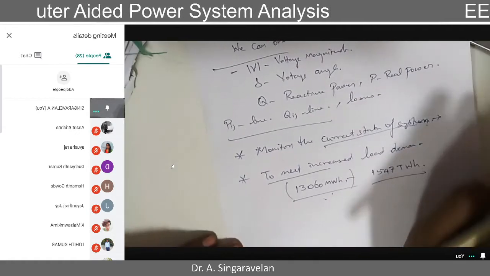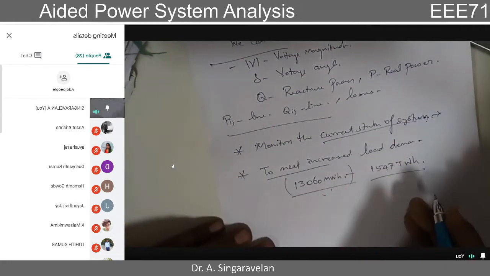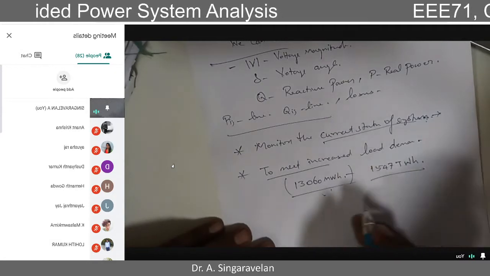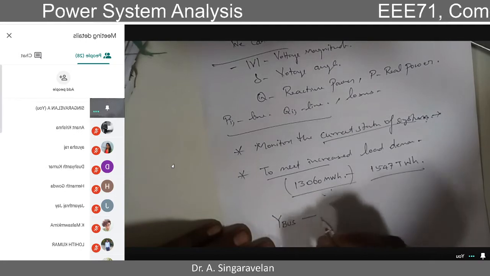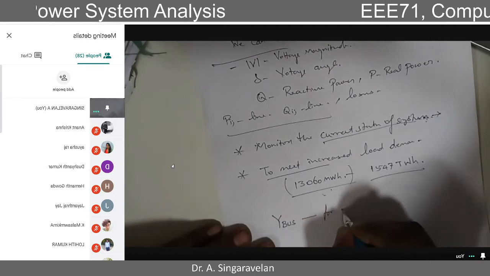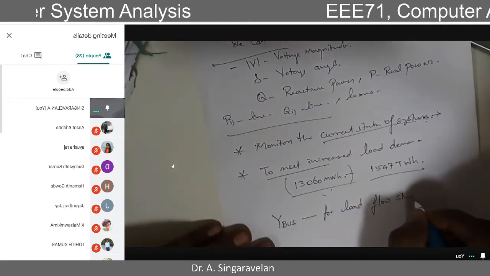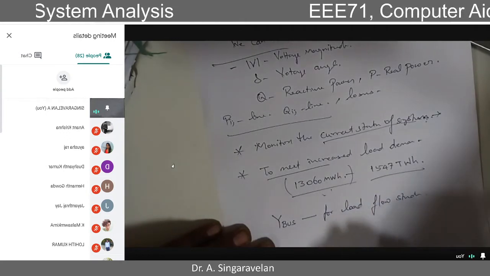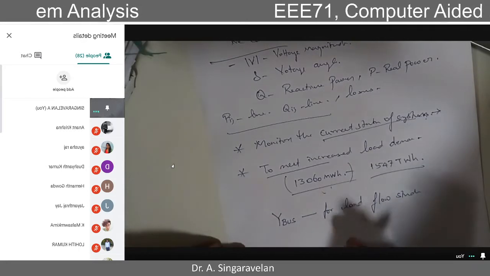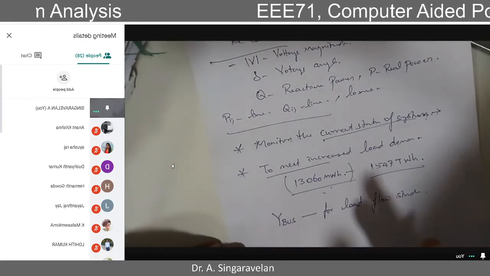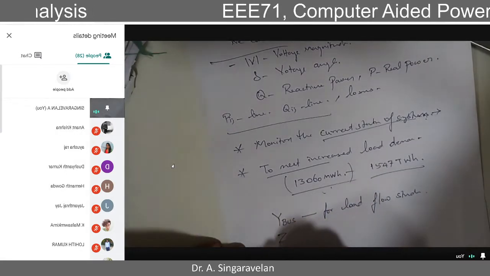One point I want to mention here is, for doing the load flow analysis or load flow studies, we need this Y-bus matrix. And if some fault happened in the system, and we want to diagnose or find out the fault, then we will go for Z-bus